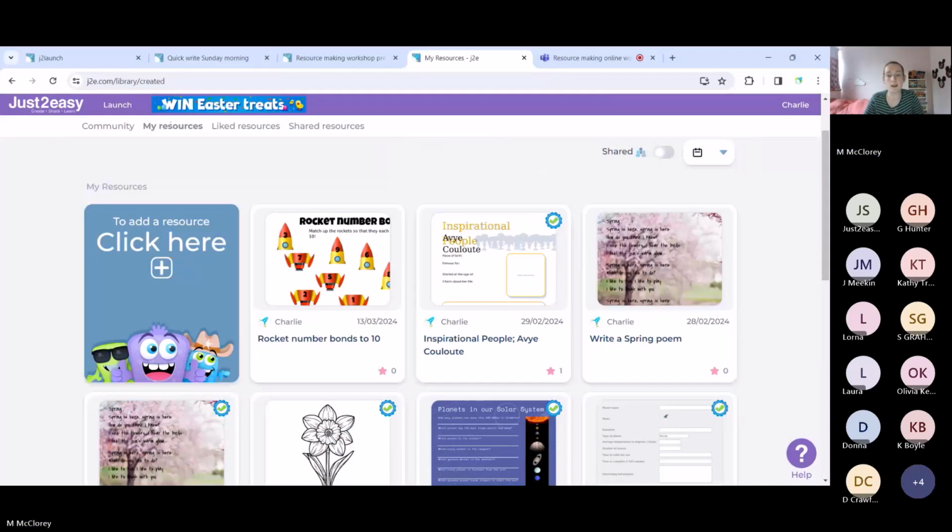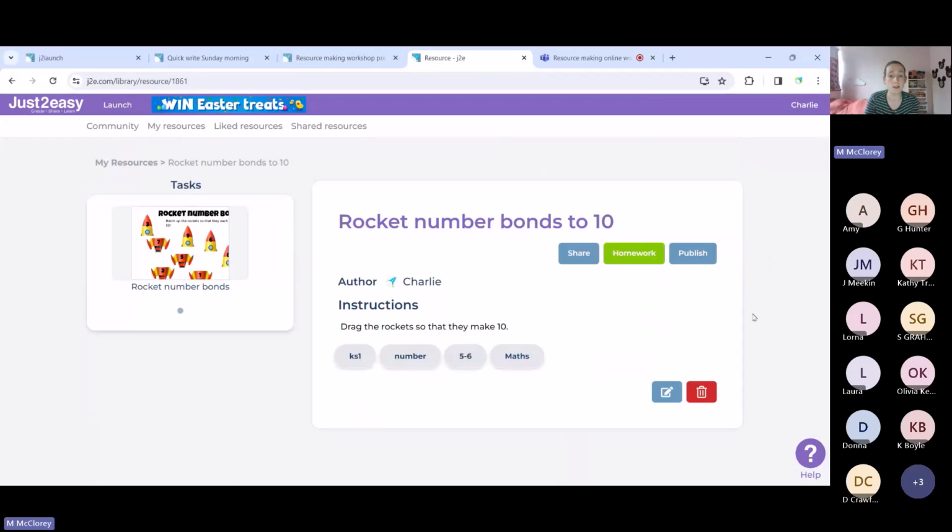And it would be really, really lovely if we could get more people doing this. The idea when we made the library in the first place was that it was a place for teachers to share brilliant ideas that they had with each other, and help each other out and give each other ideas. So it'd be lovely to get more people starting to share things that they've got that they think other teachers would find useful. And the way that we do that is to simply go on this resource that you've saved